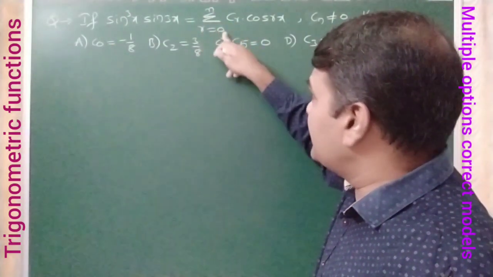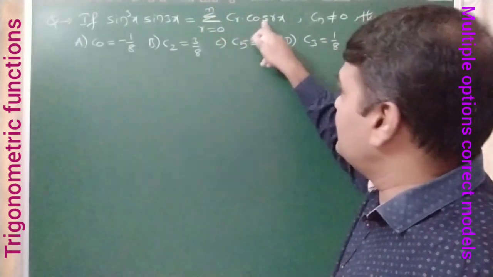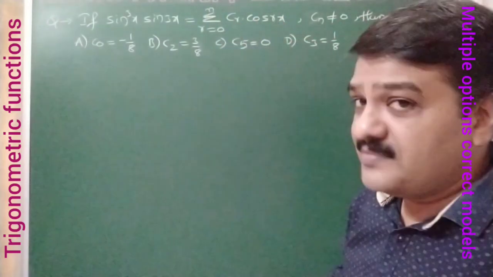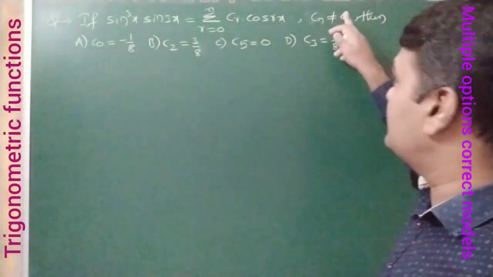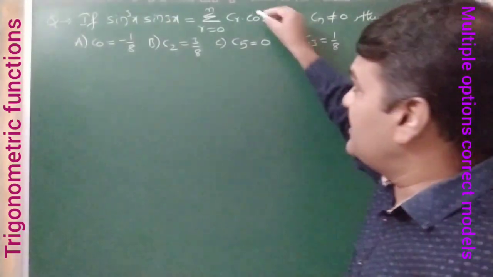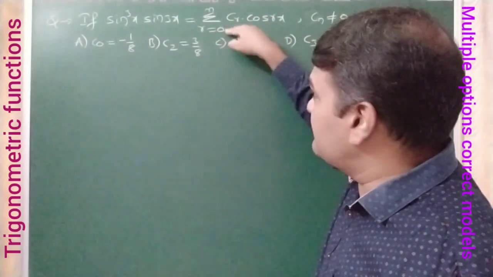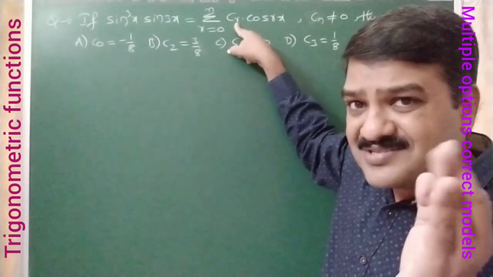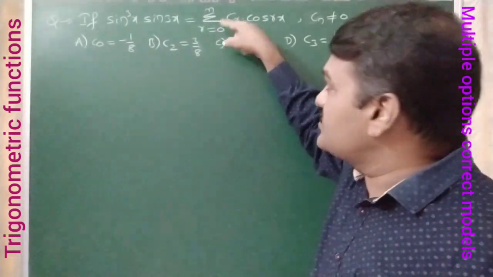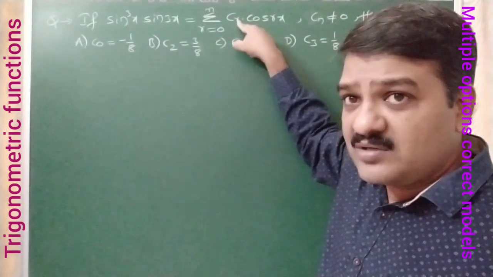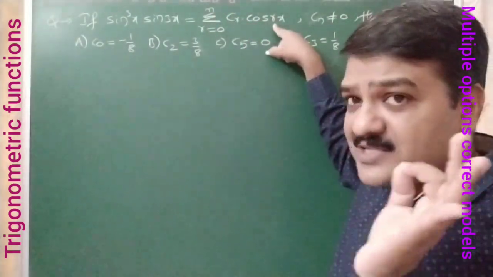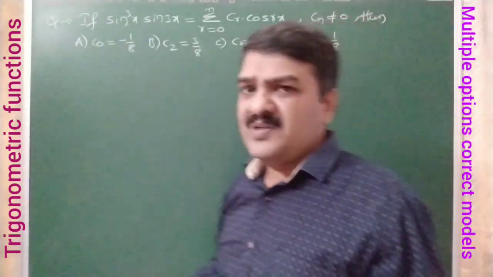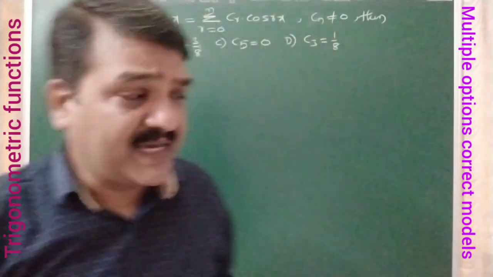What is it when r is taken as n? We get Cn into cos nx. That is the last term in the summation, and they have given that it is not equal to 0. Now what is this Cr? When r is taken from 0 to n, we get C0, C1, C2, all those are constants actually. For the last term in the summation, it is mentioned that the coefficient should not be 0, and that is not much of importance actually.